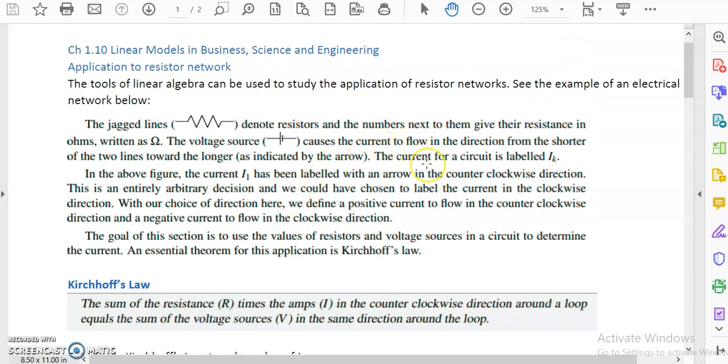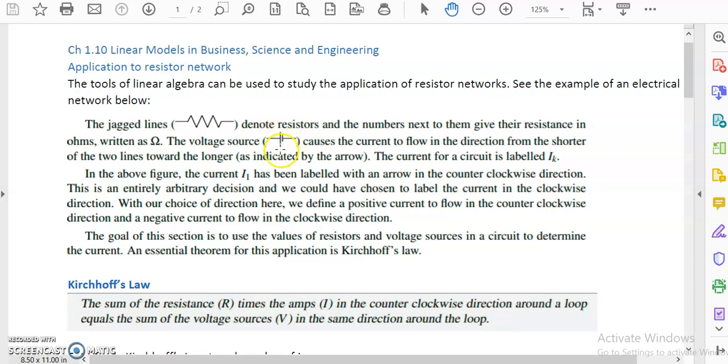First of all, look at the diagram notation. The jagged, wiggly line denotes a resistor, and the number next to it gives the resistance in ohms. Then there is a voltage source, which is usually a battery, or whatever voltage would cause the current to flow. The current flows from the shorter line towards the